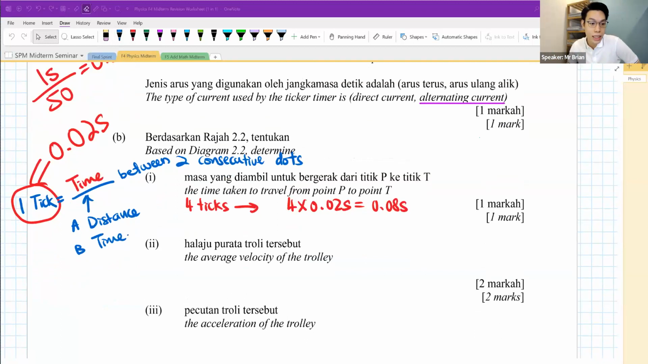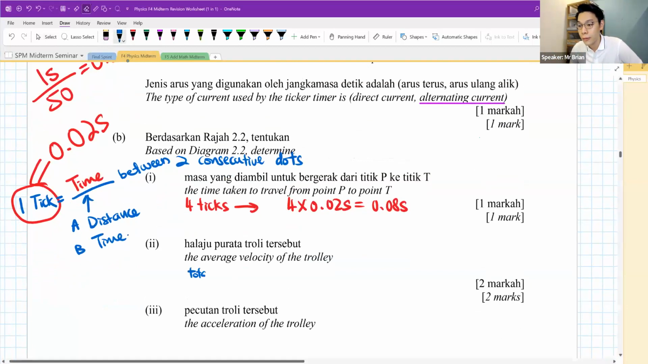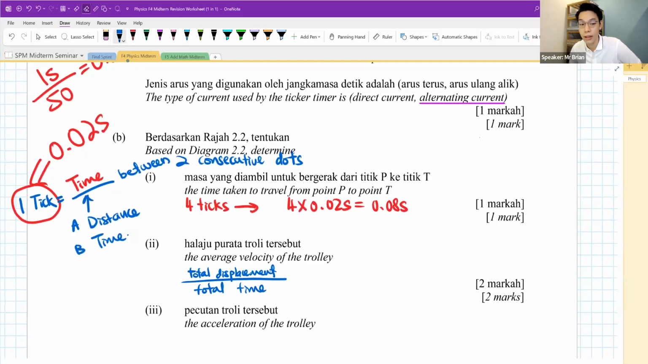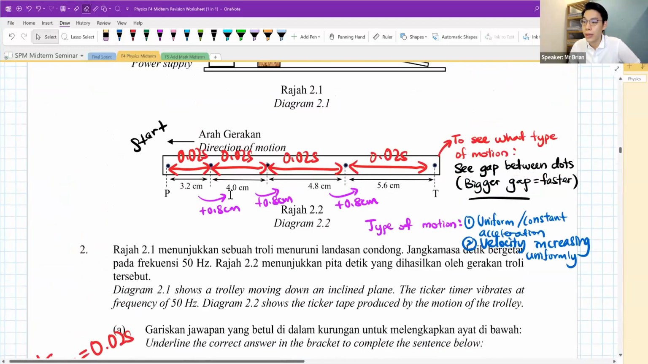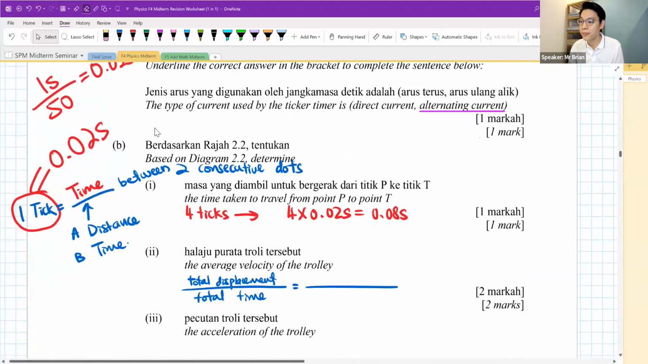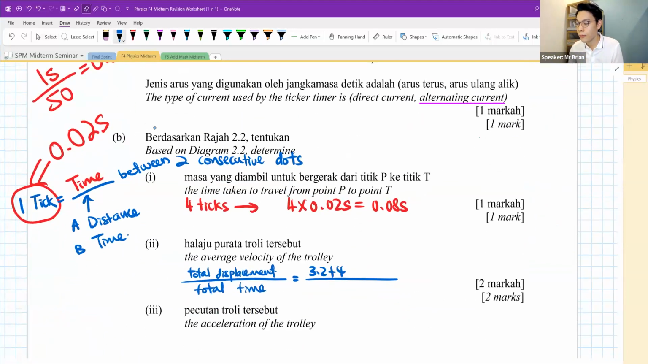Now we look at average velocity. To find average velocity, we take the total displacement divided by the total time. The total distance or displacement that it has traveled would be 3.2 plus 4 plus 4.8 plus 5.6. That is how long it has traveled. Let's add all of them up together. And just now we know the total time taken is